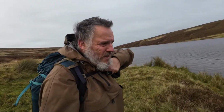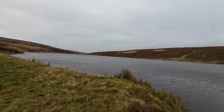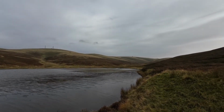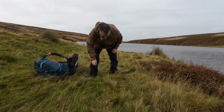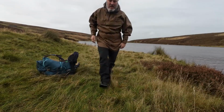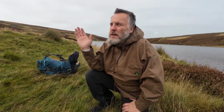Right, so I found a little spot right next to the water here. I'll spin you around. Nice little flat bit of land here, looking down, and then back that way is south-ish, and we've got a southwesterly wind, I think, tonight. So I'll double check that. The wind's actually coming from over this hill here, which is maybe why it's not as strong just now. So really I want the tent pitched into that direction. I might get a nice little view over the